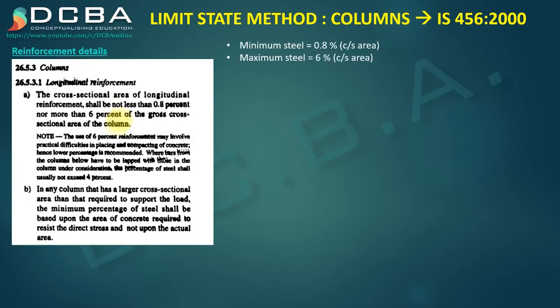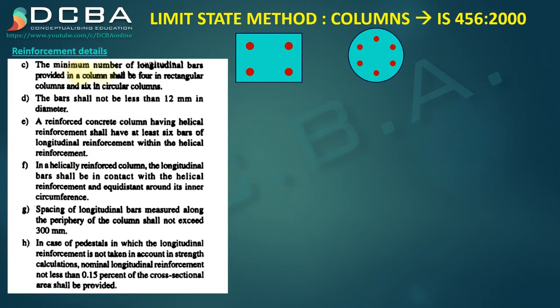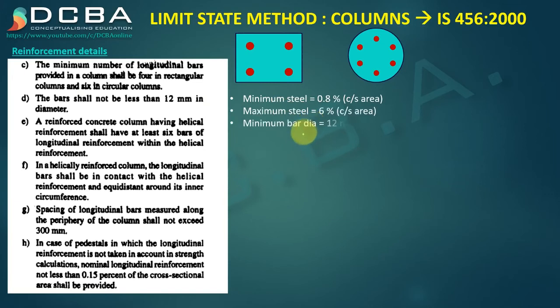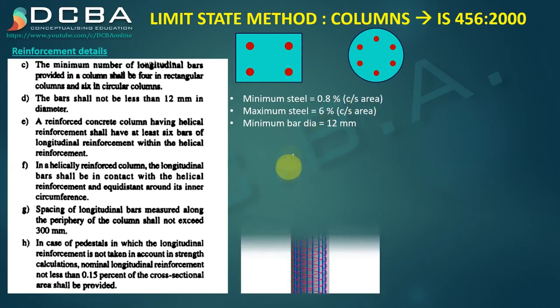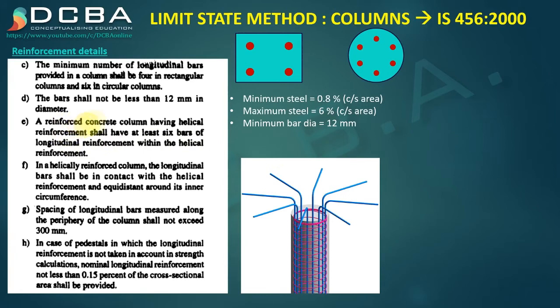Point C of that same clause, clause 26.5.3, this was till B. Then C is that the minimum number of longitudinal bars provided in a column shall be 4 in rectangular. So if it's rectangular, minimum 4 bars should be provided. If it's circular, minimum 6 bars should be provided. The bar dia shall not be less than 12 mm. Correct? Then the reinforced concrete column having helical reinforcement shall have at least 6 bars of longitudinal reinforcement within the